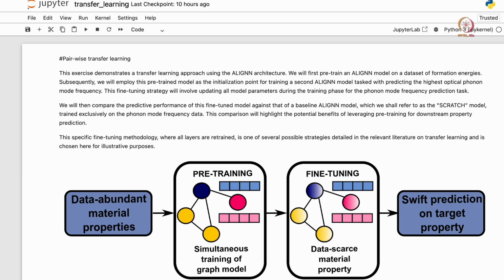So transfer learning is this paradigm where we try to pre-train a model on a data set with lots of data points, okay, and then fine tune this trained model further on our data set of interest which has a smaller number of data points.